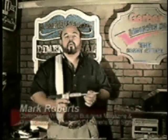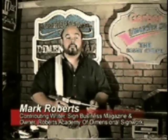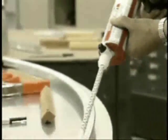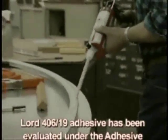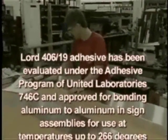I have demonstrated the Lord 406-19 adhesive for aluminum sign frames in my installation workshops that I teach across the country at the major sign shows, and I've had great success with it. I use this adhesive in my daily production of aluminum sign cabinets, and I must say, Lord adhesives help build strong and durable signs. In addition, Lord 406-19 adhesive has been evaluated under the adhesive program of Underwriters Laboratories 746C